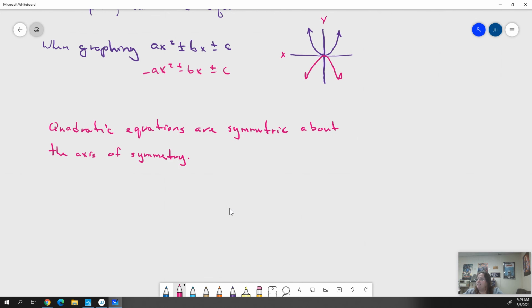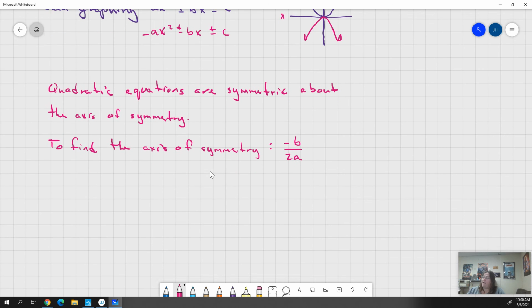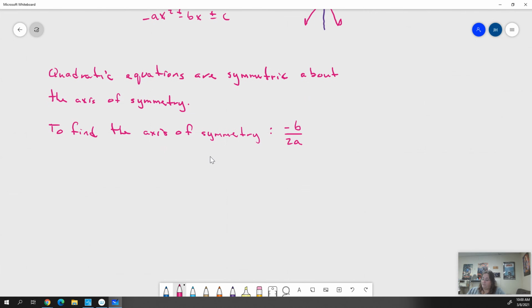To find the axis of symmetry, we use minus b over 2a, and that'll give us that middle point. The other thing that's new that we would have to find would be the vertex. To find the vertex,